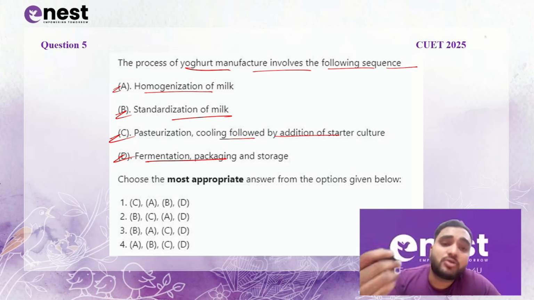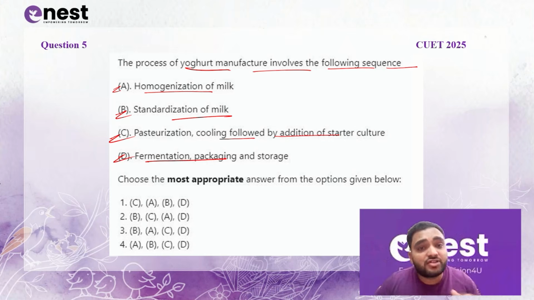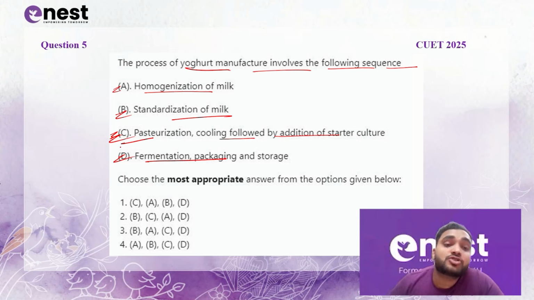Then it is followed by homogenization, because the fat you have added or the fat you have removed, you need to standardize the fat in the whole mixture, so you will subject it to homogenization. Then you will subject it to pasteurization, so you need to decrease the microbial load before you go for fermentation, so as to promote the growth of only beneficial microbes in your media. Then you will be going for fermentation. So I think B, A, C and D, right? B, A, C and D, third is the right option for this question.